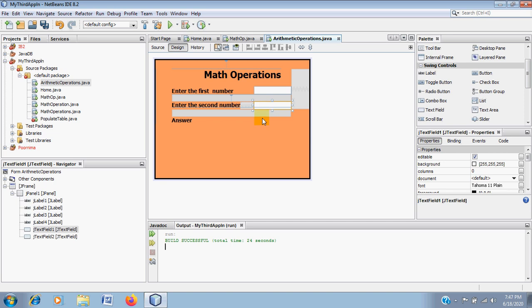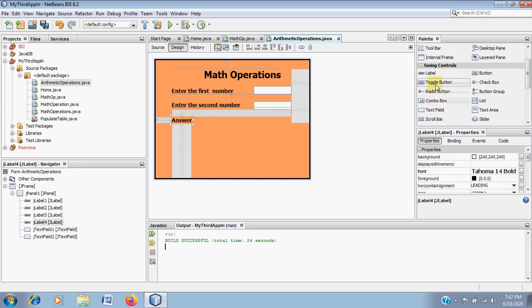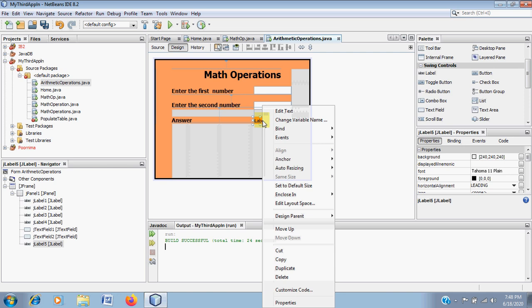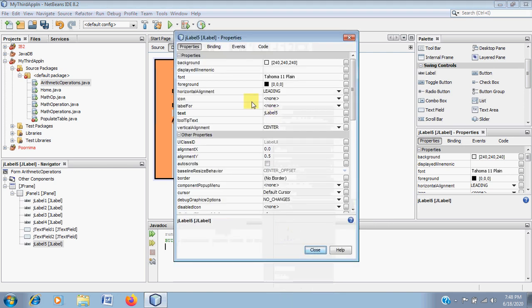Then I'm going to take another label box over here to display the answer, and I'm going to right click, go to properties, and I want to give a border to this so that I'll be able to see it.